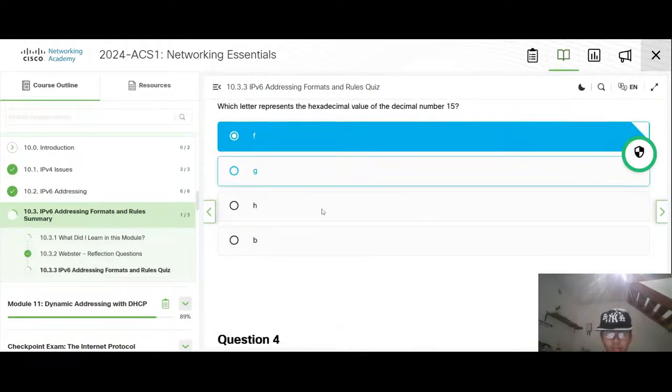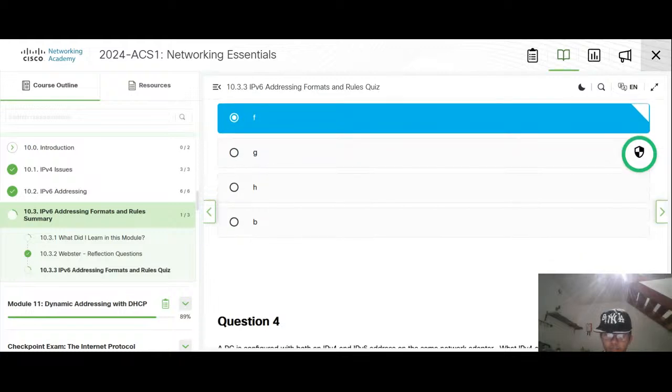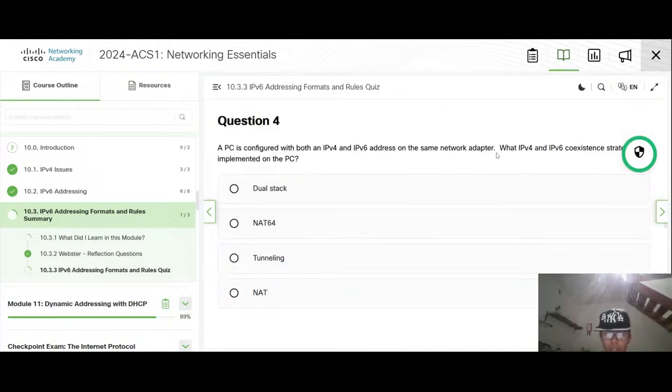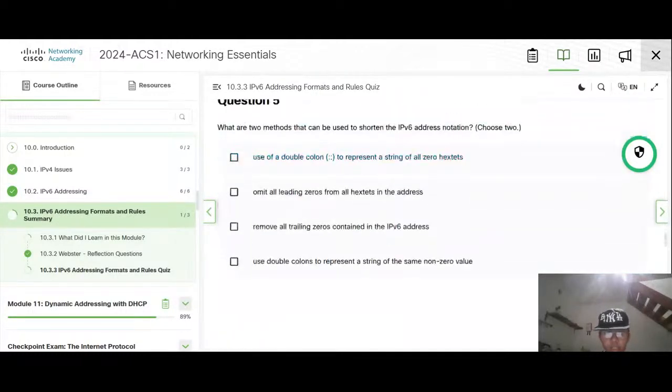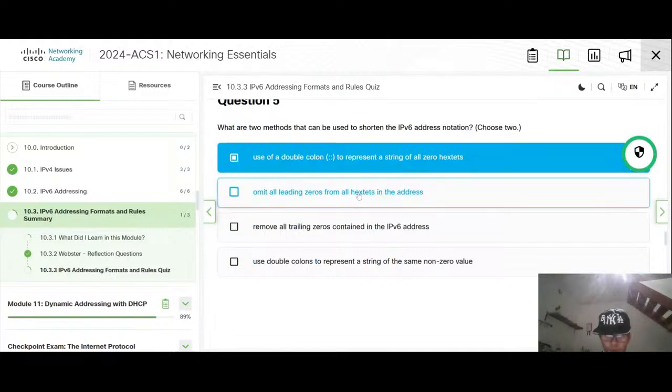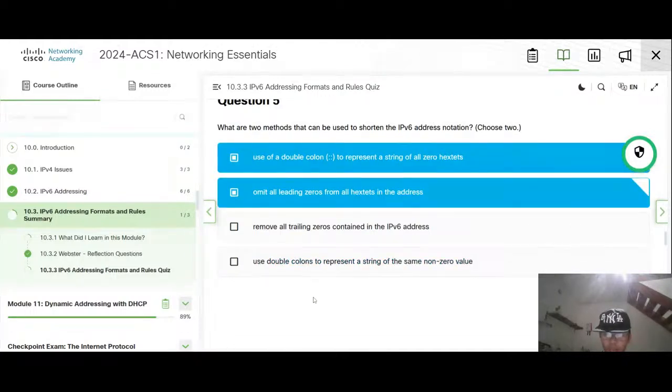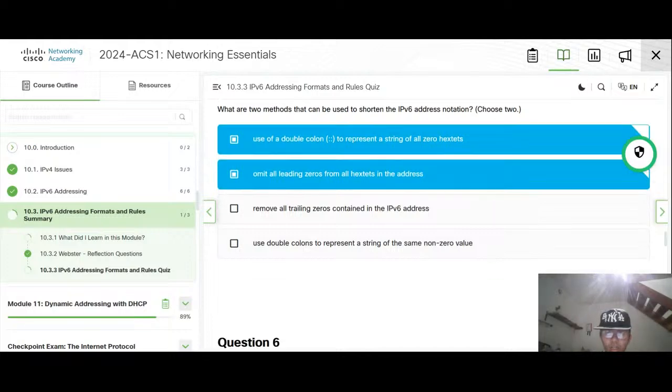Both is dual stack. Okay, we have two with two, representing a string of zeros.